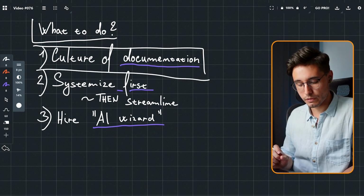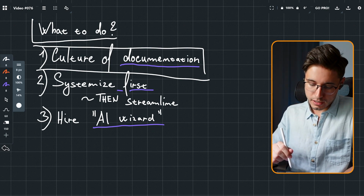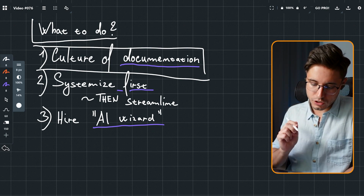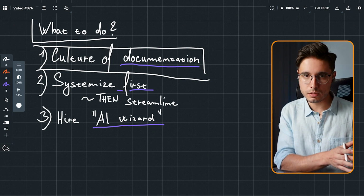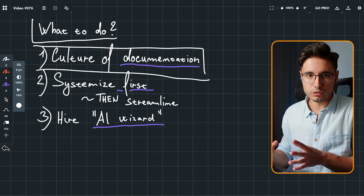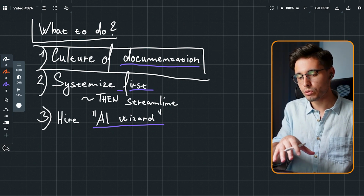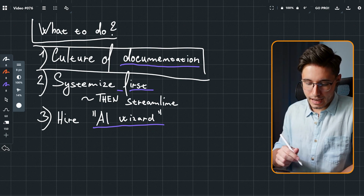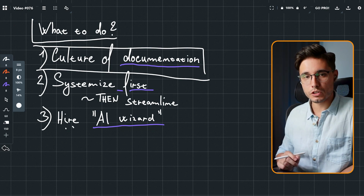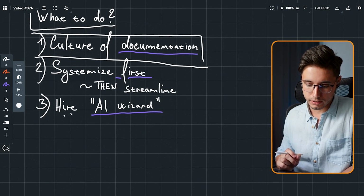And the second point, in order to unlock these AI automations, is to systemize first and then streamline. The same thing goes for building a team, right? We want to build the systems first to figure out what we want to hand over. It's essentially the same thing. In this case, we are not handing it over to a team member, we are handing it over to an AI. And lastly, what I would recommend, especially going forward, because this will only get more and more important, to